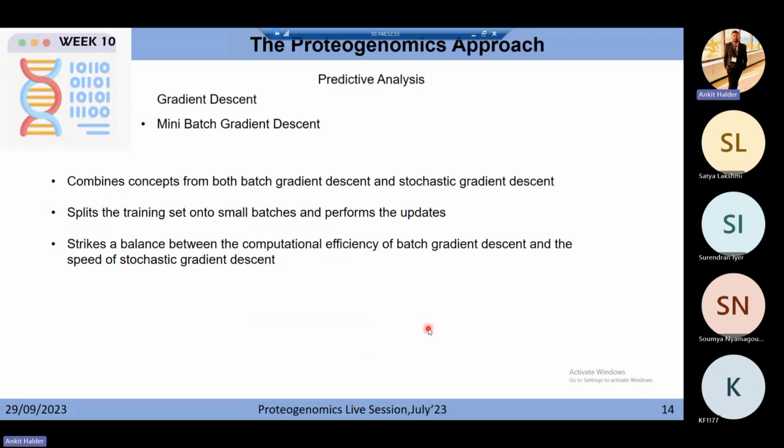So it is not the case here. Here, it splits the training set into small, different batches and then performs the updates. So it strikes a balance between the computational efficiency of batch gradient descent and the speed of stochastic gradient descent. Stochastic gradient descent requires a lot of speed, but